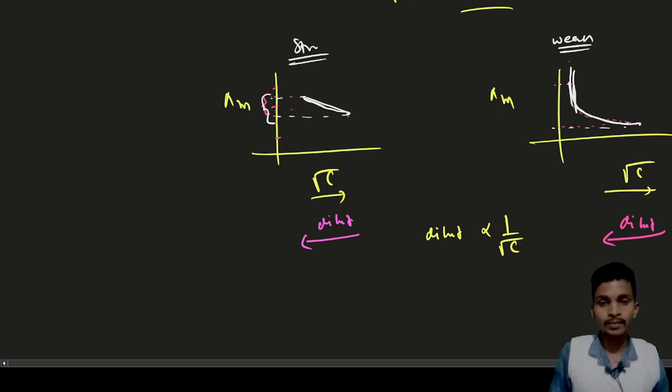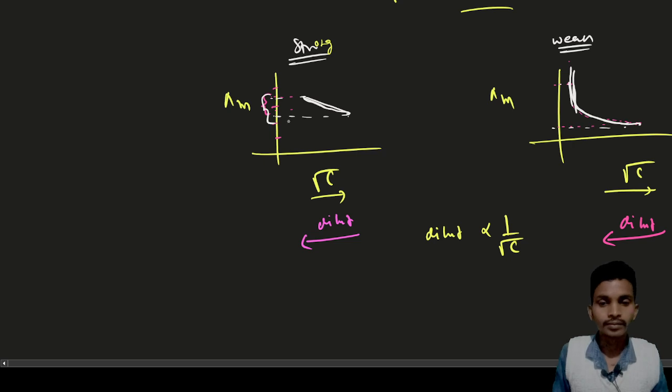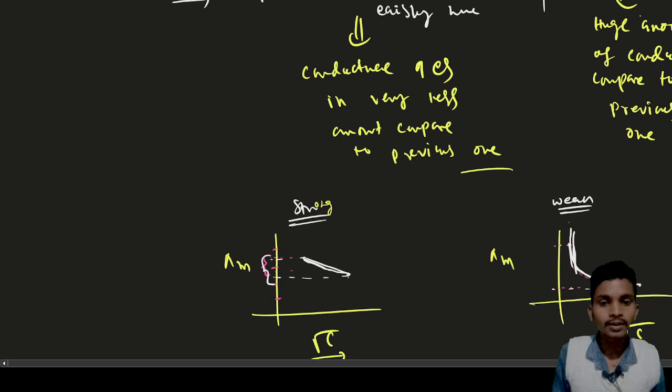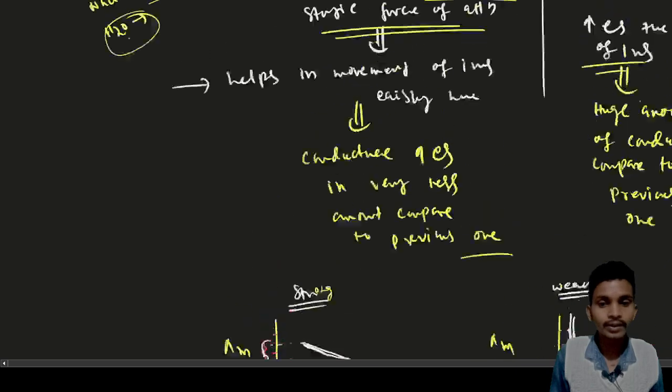In the previous class we were discussing that for strong electrolytes the graph comes like this, and for weak electrolytes the graph comes like this. We also discussed that strong electrolytes are already completely dissociated, so